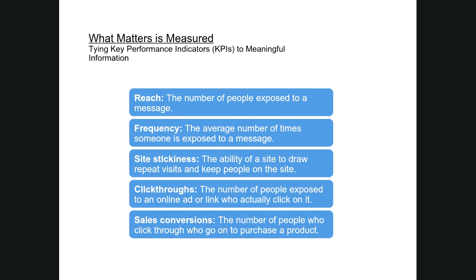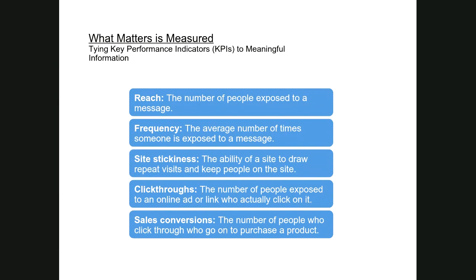But some metrics are harder to define and measure than others. And that's one of them. Click-throughs, it's pretty easy to measure. That's the people who see an online ad and actually click on it. Did they click through and purchase the product? That would obviously be, out of these, the most important KPI, because if no one's clicking through to buy, then you're going to need to adjust and do something else.